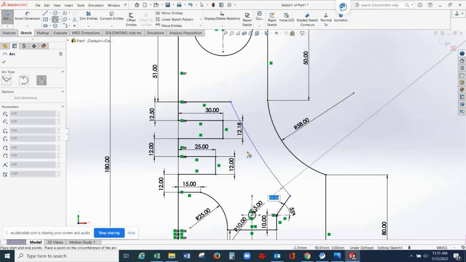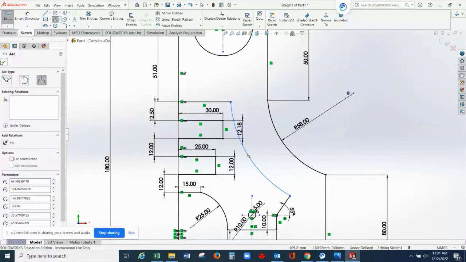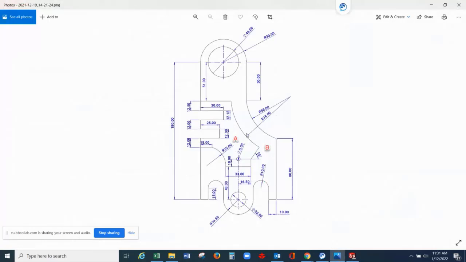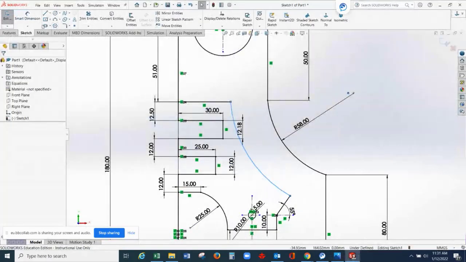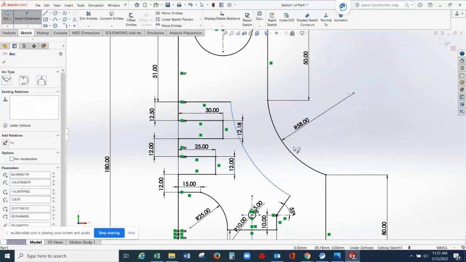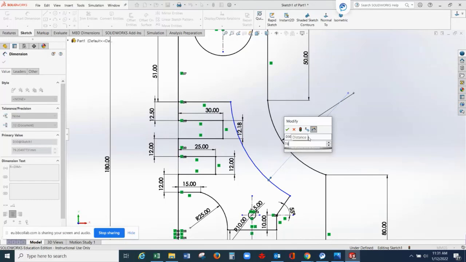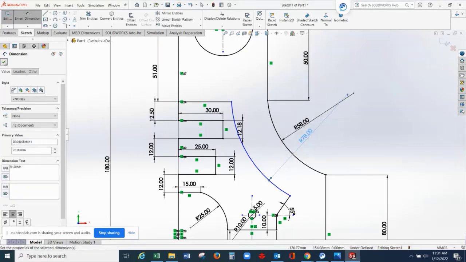So from now, just select any radius. You can vary the radius by moving your mouse up and down. By this point, I can select any radius. Click on the drawing area, select the green check mark, then identify the radius with the given dimensions on the drawing. So we have 78 millimeters. Smart dimension, select this arc, click here, then type 78. Select this green check mark.